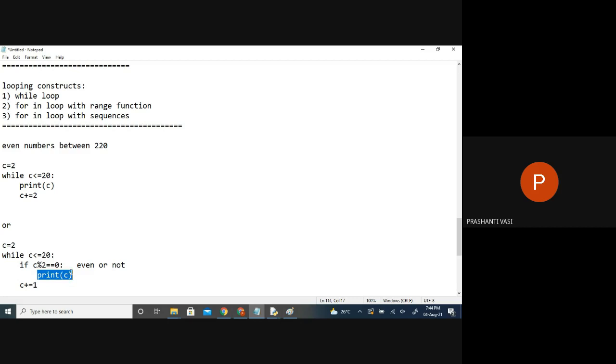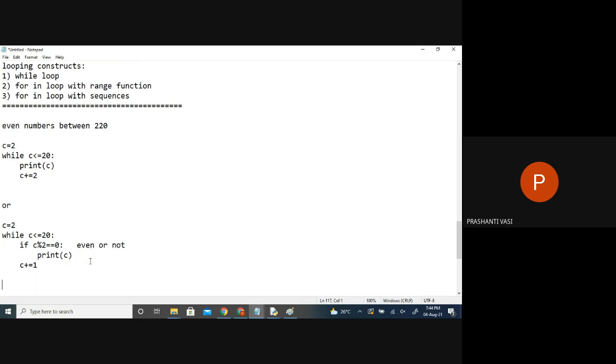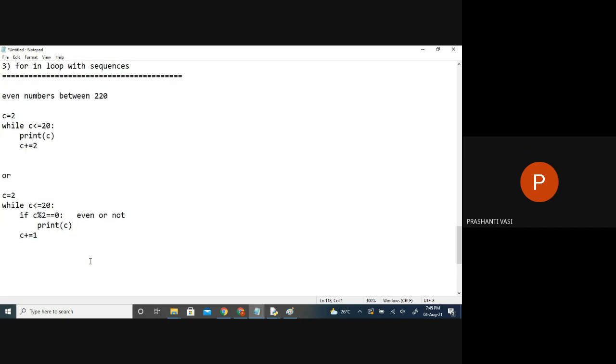This is checked again and again; the only thing not always executed is the print statement, which happens on condition. If it's true, it will print, otherwise it will not print. And after checking, the count will get incremented. So from 2 to 20, every number is checked, is it even or not, and only then it's getting printed here. Clear? Any confusion? No, ma'am.